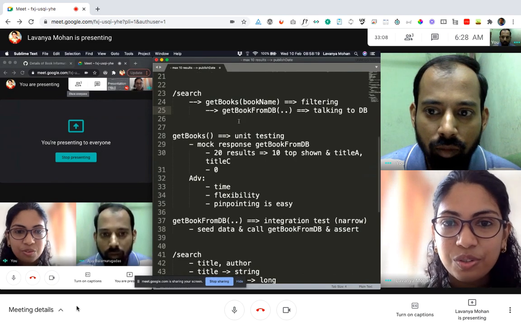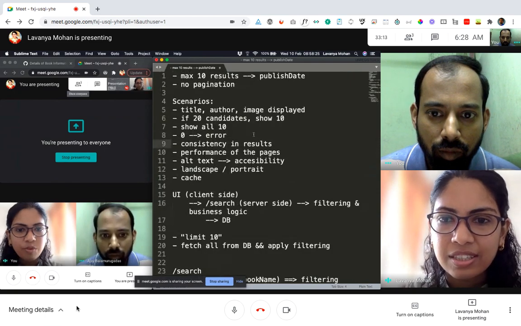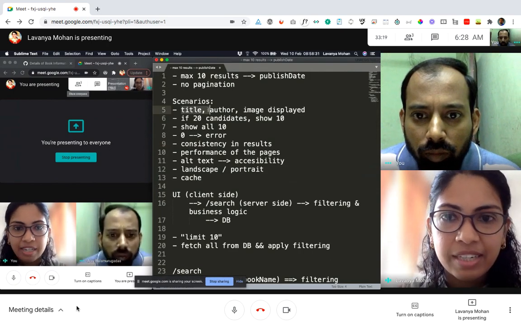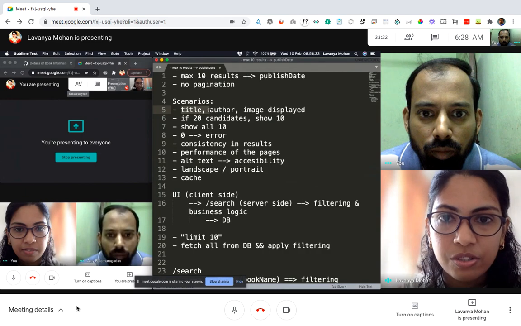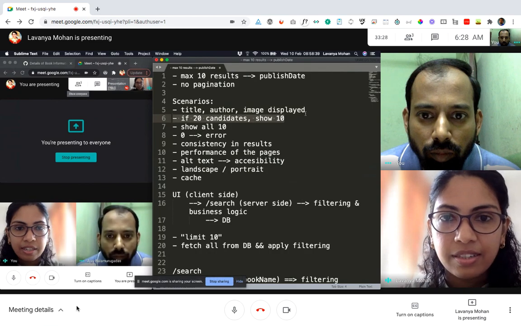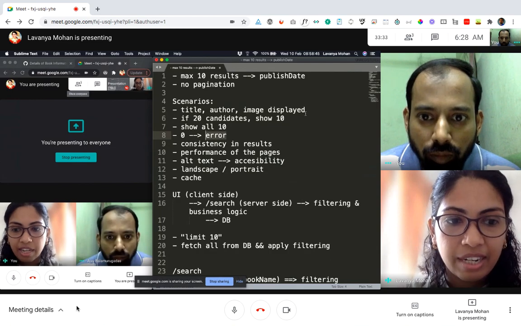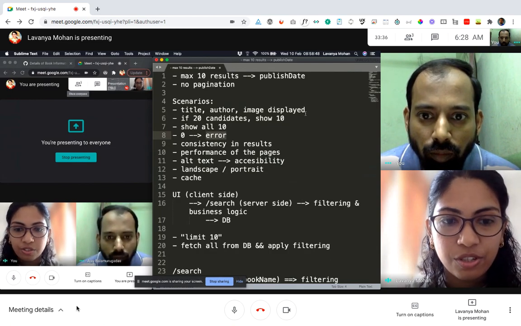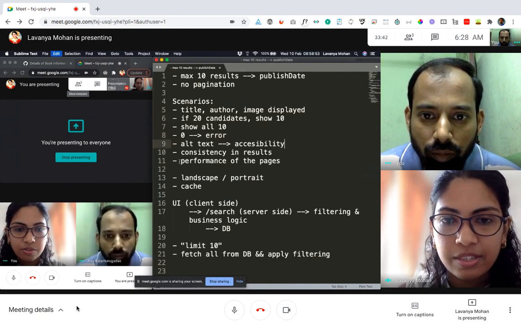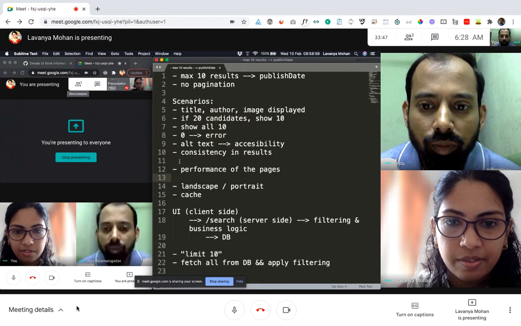Okay, now before we move ahead, let's look back at this and see what has already been covered. After we added component UI related tests, we also tested whether it's actually getting displayed. Filtering logic was already tested. We also checked the error, and after adding component UI tests, we checked whether it actually shows that error message. So this part is also done. All text was also done. Consistency in results, if we hit the same UI multiple times, is also done.